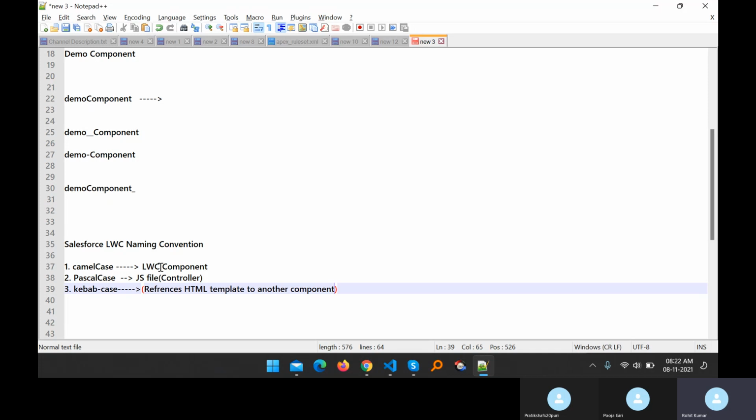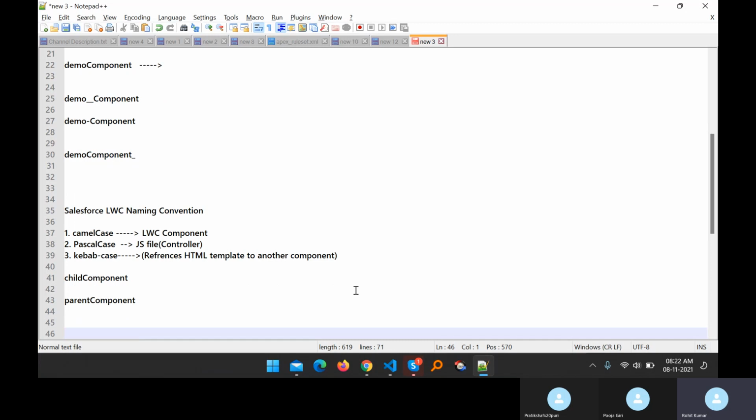In that case, you have to use kebab case. Say I have a child component and a parent component.